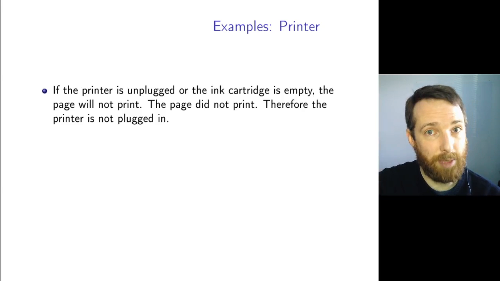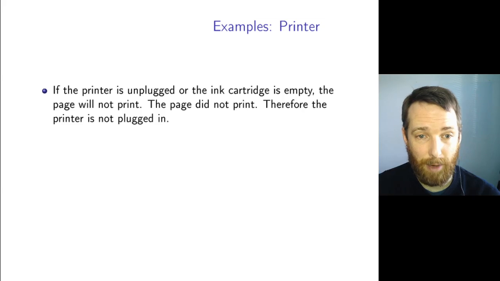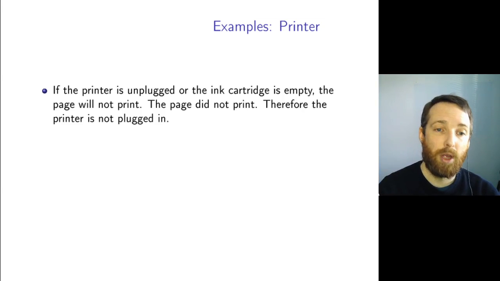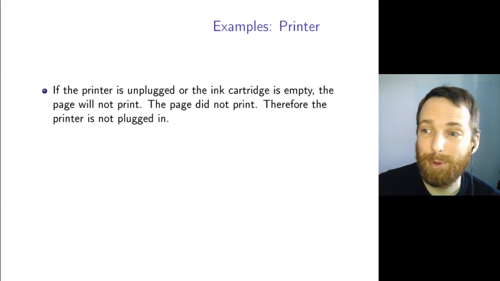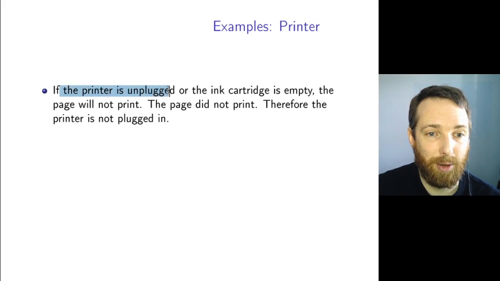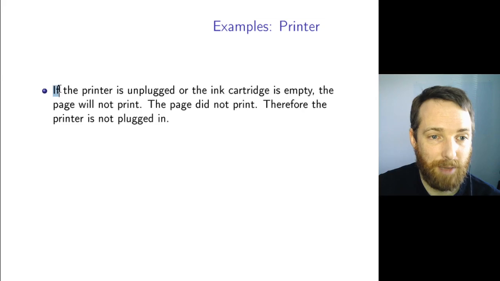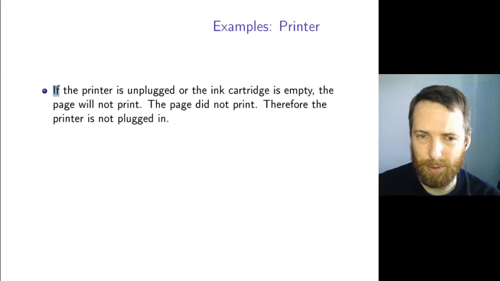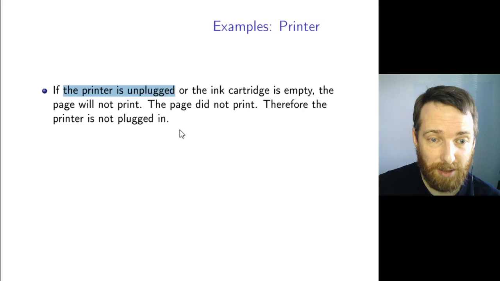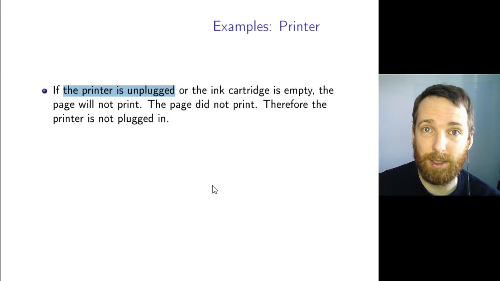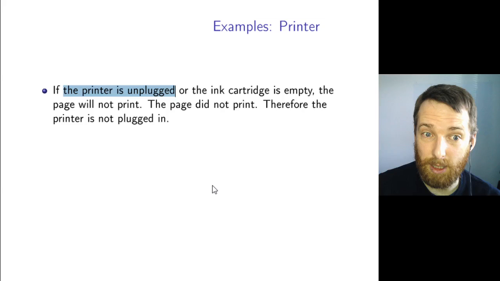So first step to symbolizing, we got to work out a symbolization key. How are we going to do that? We're going to look for patterns of repetition. We're going to look for logical connective words. What have we got? We've got the printer is unplugged. If looks like a logical connective word, so let's assume that's going to get turned into something. Or that looks like a logical connective word. But the printer is unplugged, that doesn't seem like it's got any connective words in it. So that looks like it's going to be an